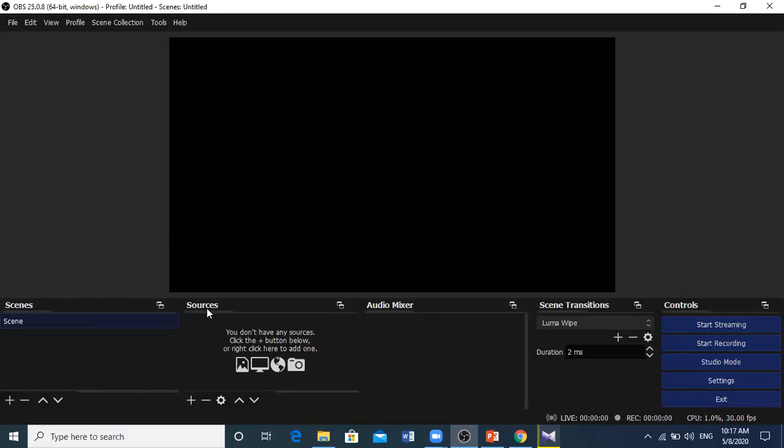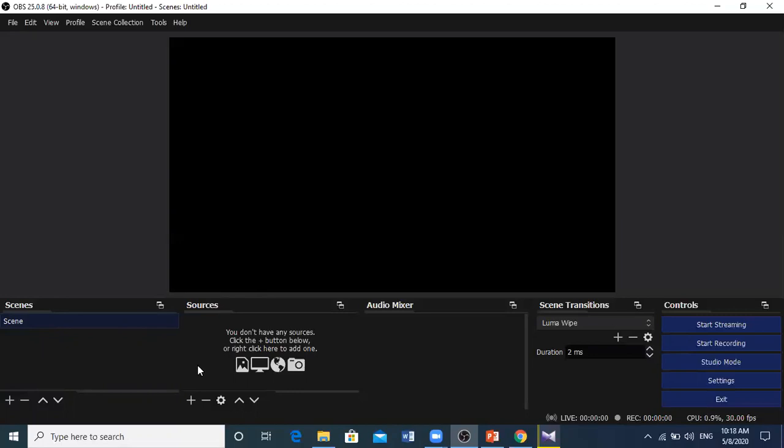Sources are nothing but, first, we have a video capture, then display capture, and then we have text capture, and like that, so many things we have to arrange. All these sources are situated in the scene, which is a layout consisting of all the sources. We have seen it is automatically there, so you don't need to create any more scenes. Now you have to add sources.